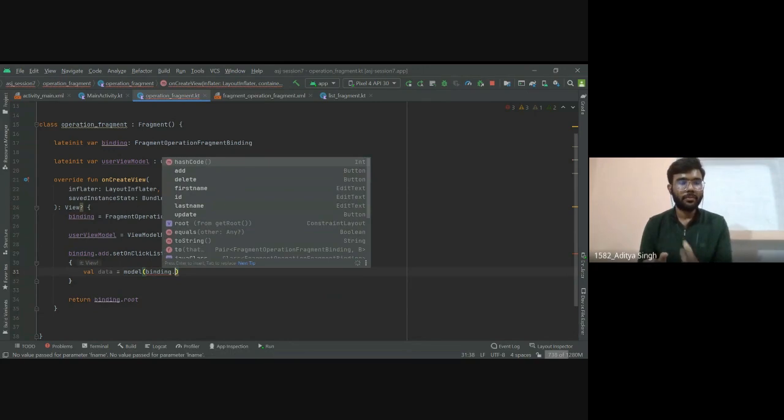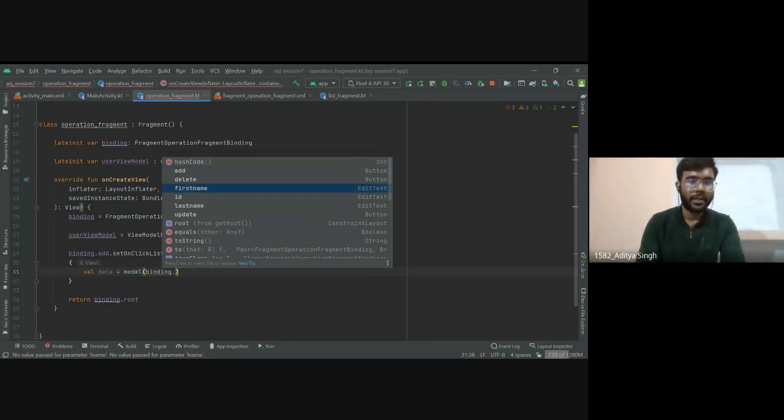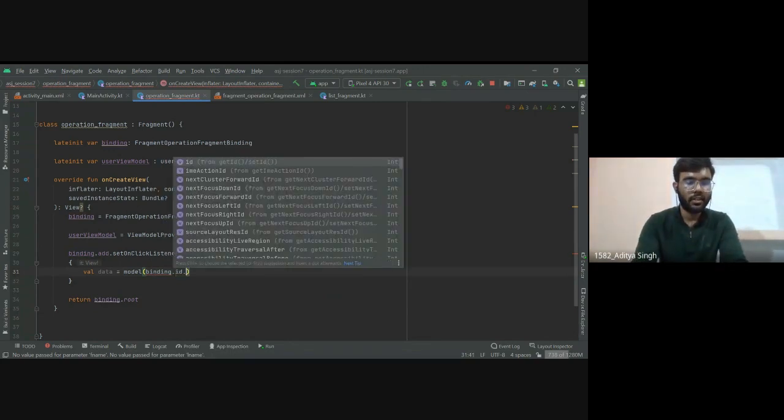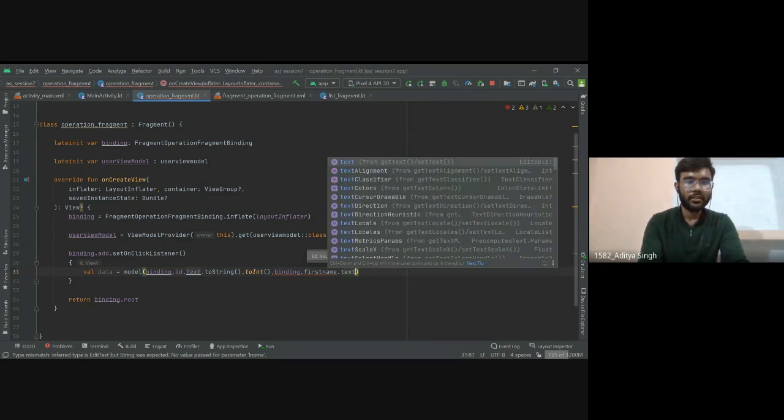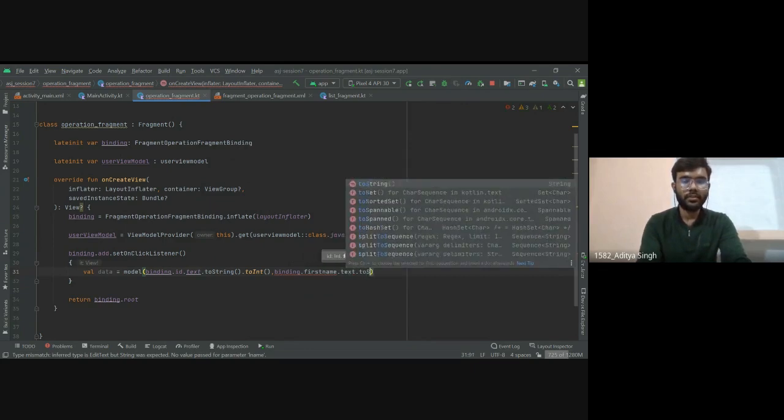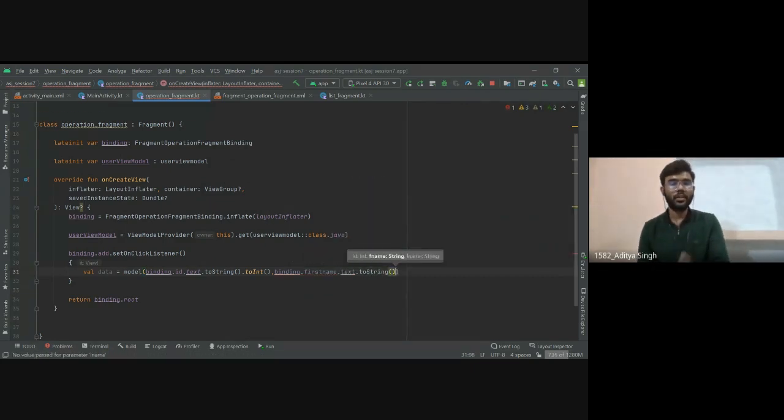First we will pass our id, so we will write binding.id.text.toString().toInt(). Okay, because it is of integer type, so we need to convert it into int before passing. Now we will pass first name, so binding.firstName.text.toString().